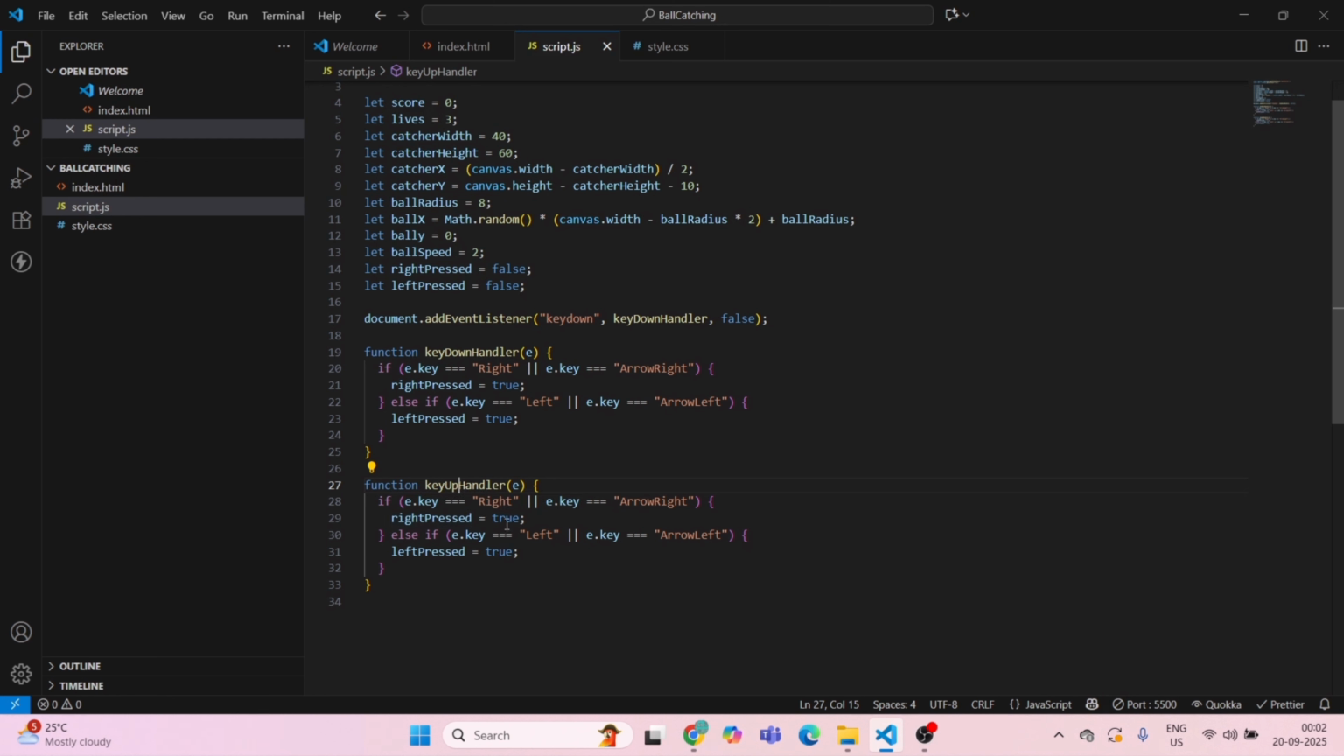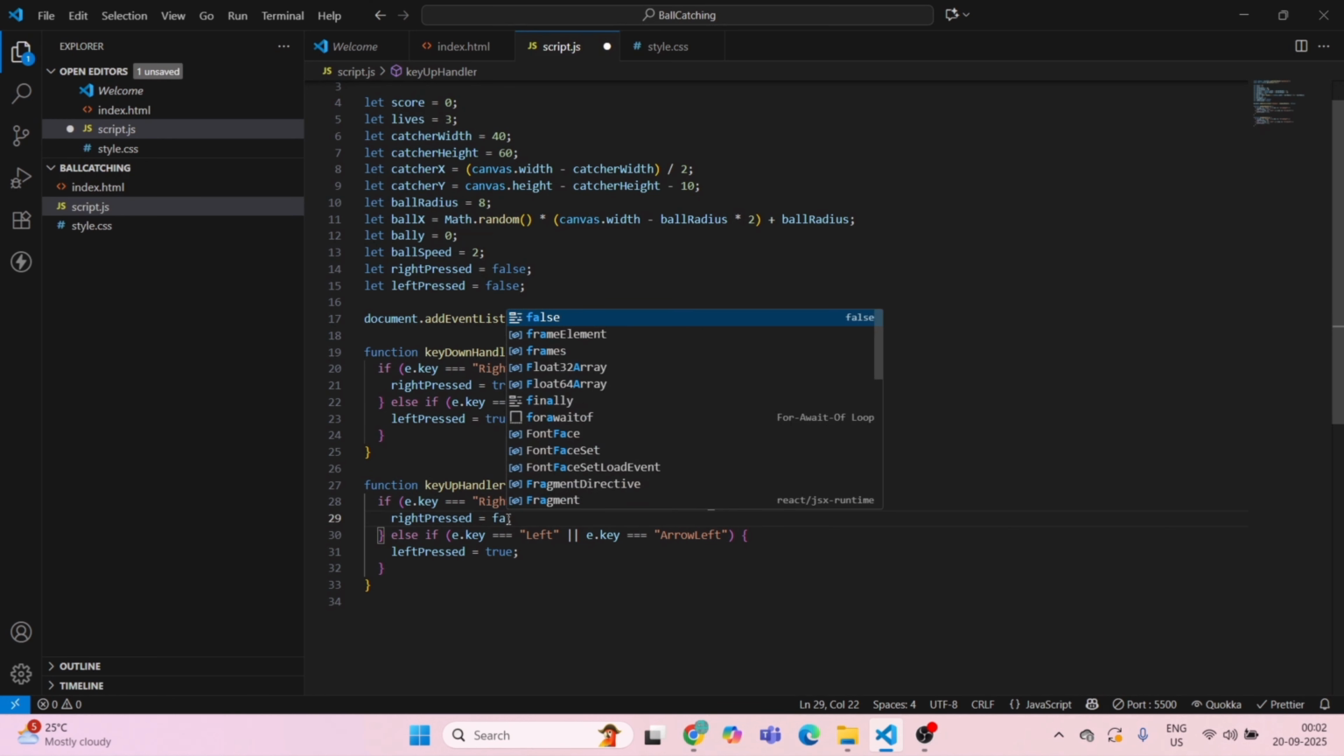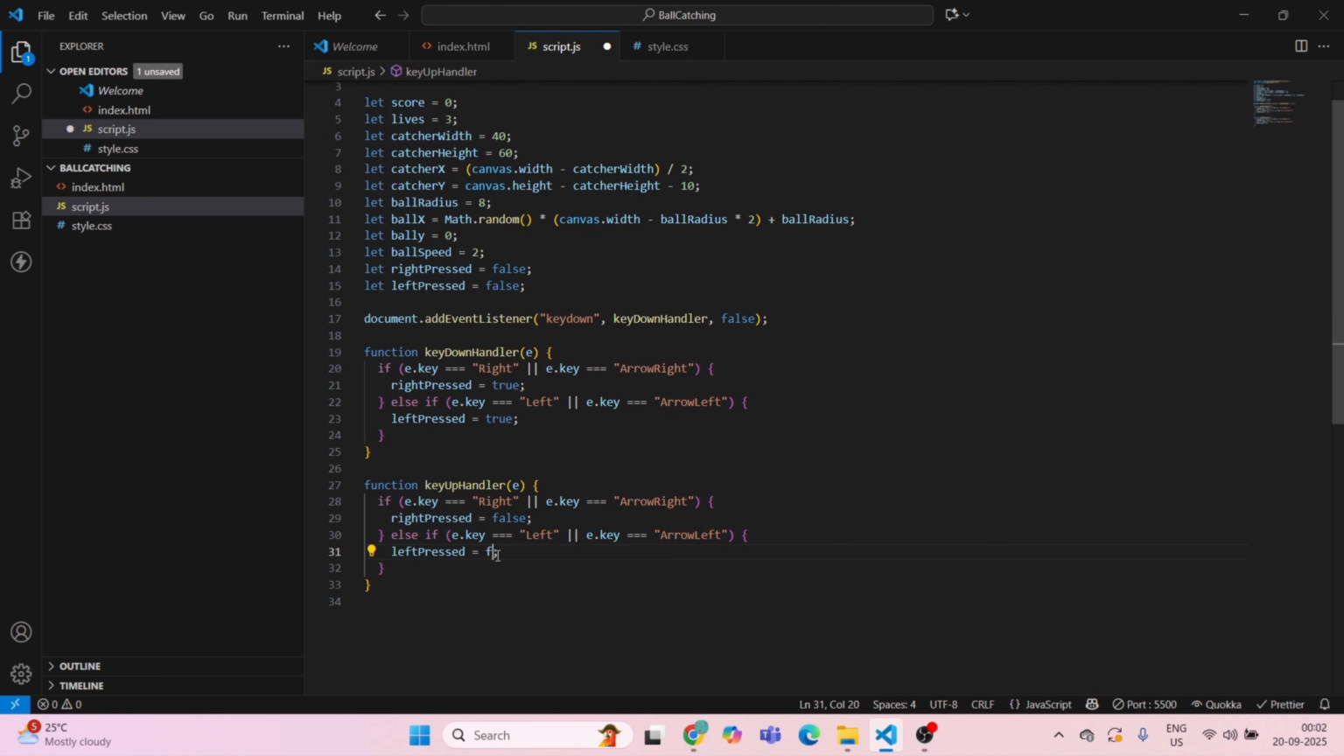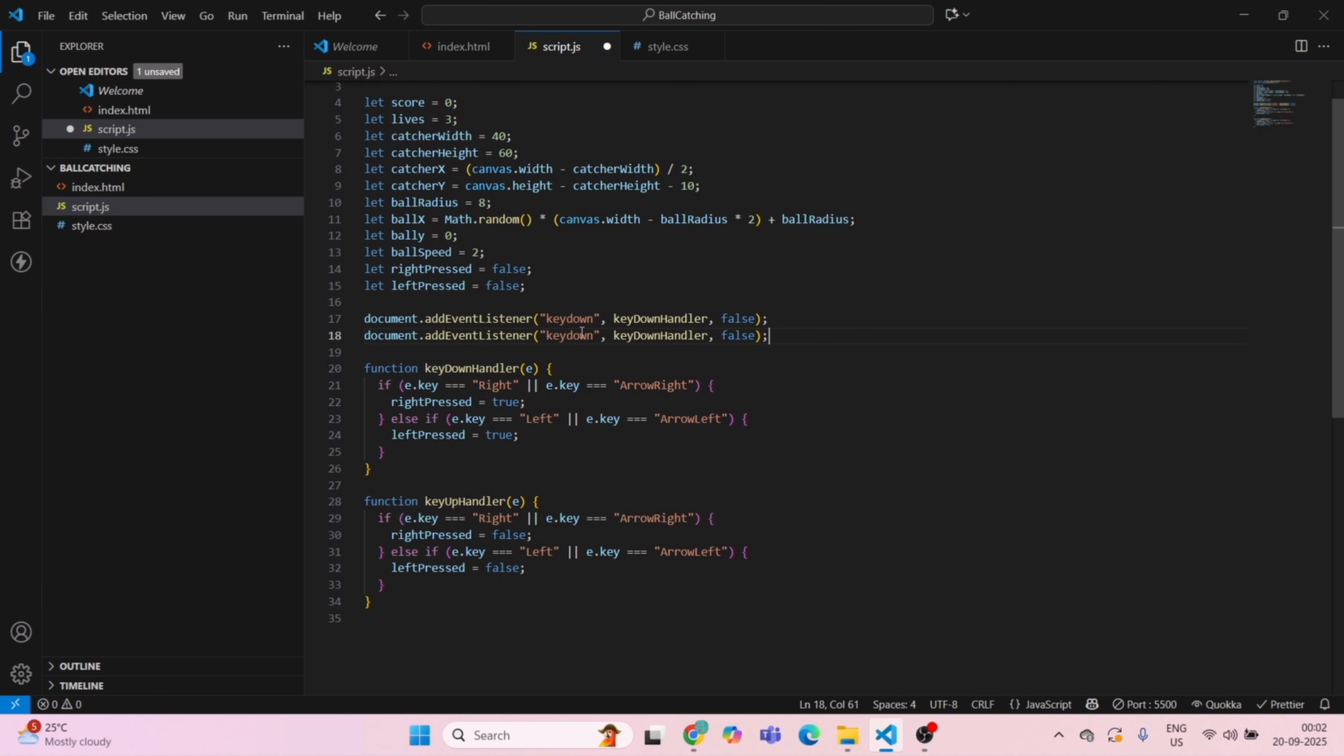So it was true, then it will be false, and this will be false as well. And now, the same way, we have to copy it and paste it here. This will be